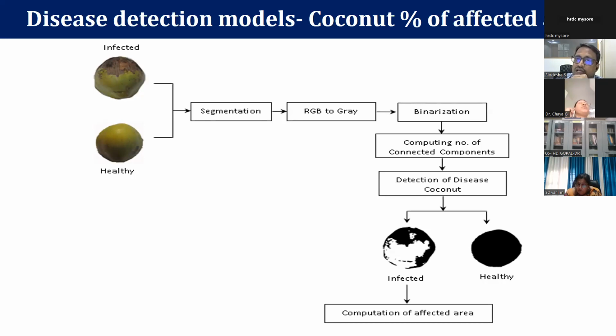Based on pixel arithmetic, we are able to compute how much of the total area of our coconut has been affected. And here, actually, we have a limitation. Whatever images I have taken till now, we restricted our work only to 2-dimensional images, not 3D. Suppose the infected area is visible on one side and not visible on the other side. In order to overcome this, we have to work on a 3D model. Once again, it is going to be very challenging, and it is also going to be one part of precision agriculture.